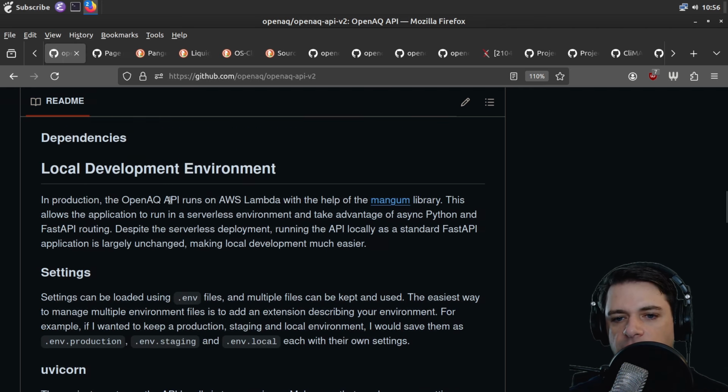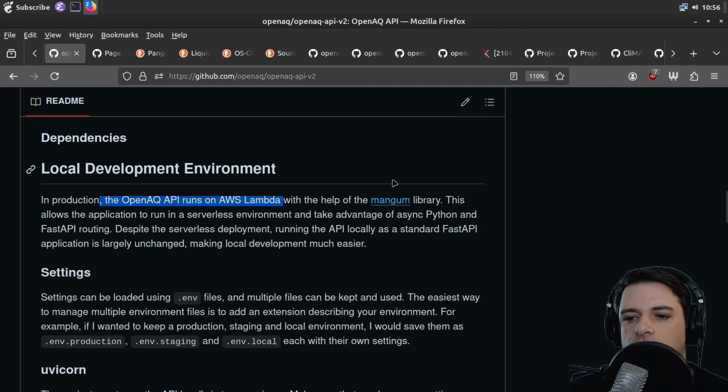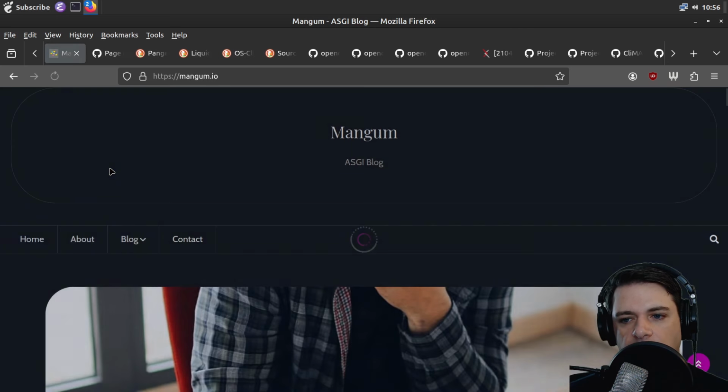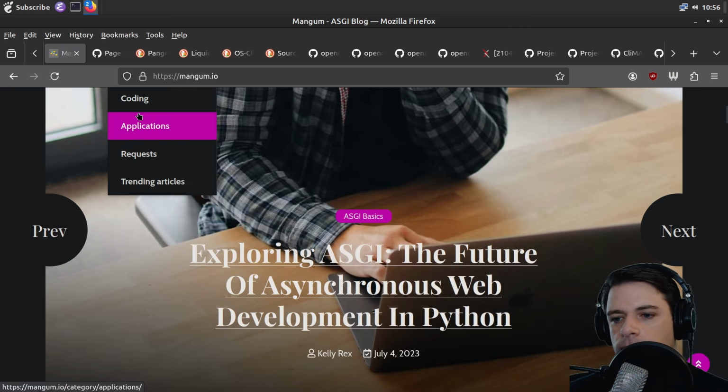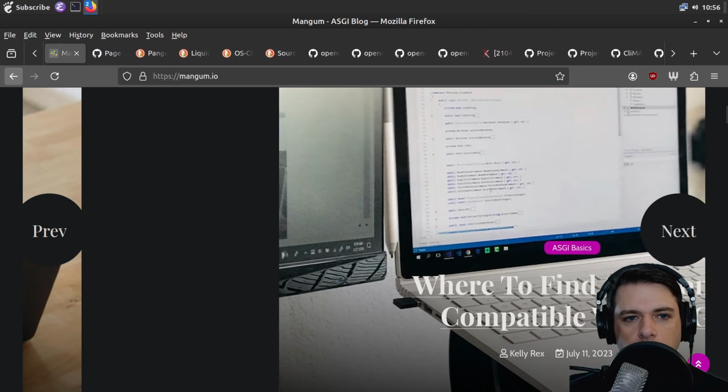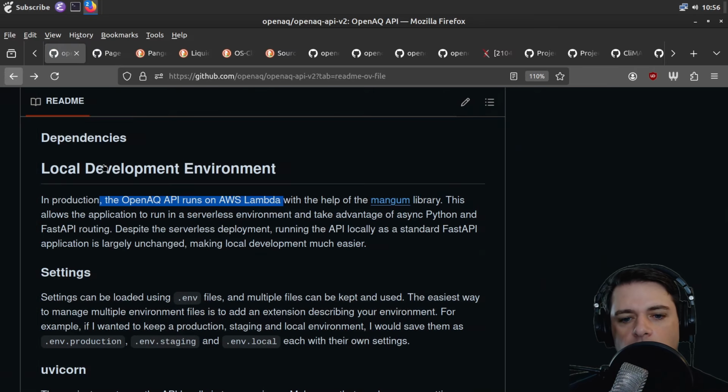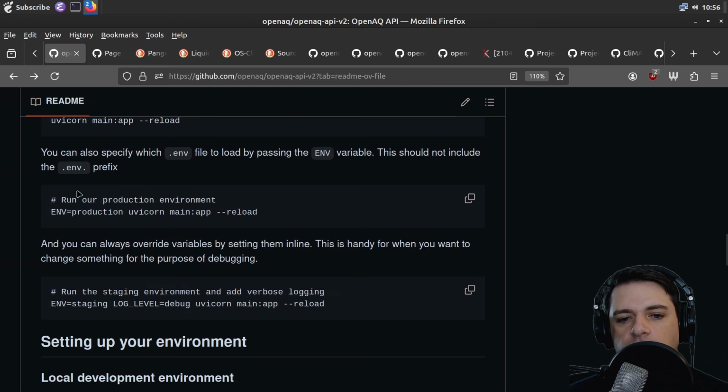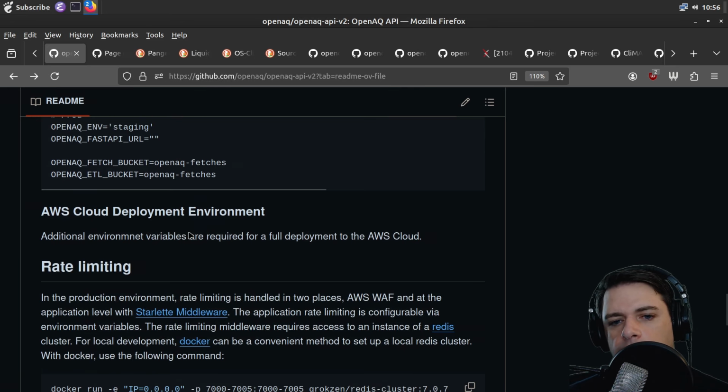In production, OpenAQ API runs on AWS Lambda. Okay, so they've got the serverless. I don't know what Magnum is. Magnum.io. Okay, whatever. All right, so maybe this is for serving the API,